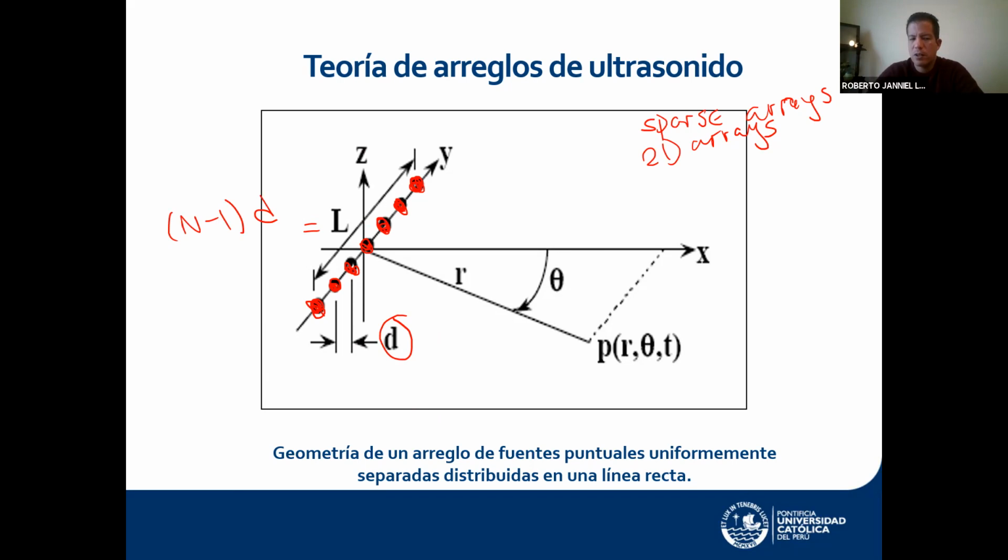The array in this particular configuration is laid out along the y-axis, and it's going to irradiate in the xy plane, right? The perpendicular plane, of course, will be the z-plane. And in this case, because the sources are point sources, there would be a complete omnidirectional pattern in the elevational direction, but we have directivity, or we're going to see that we're going to have some directivity along the